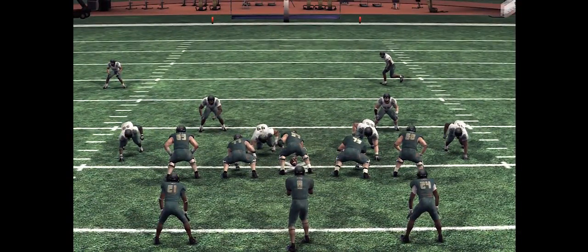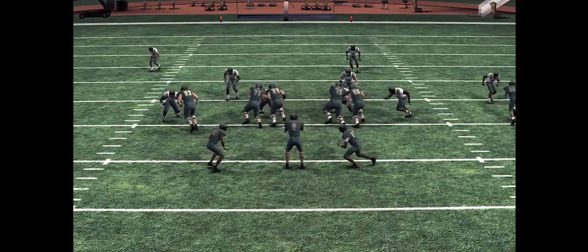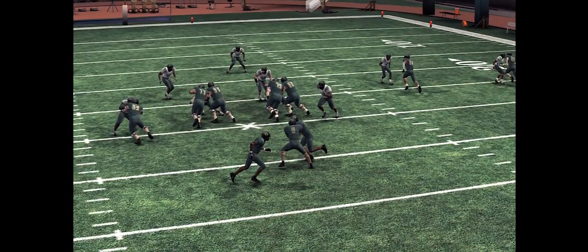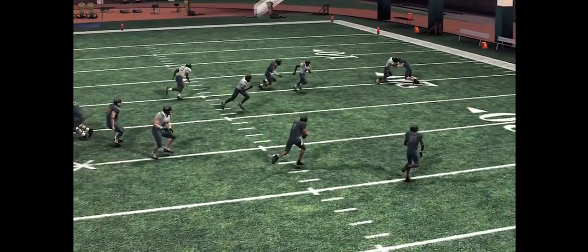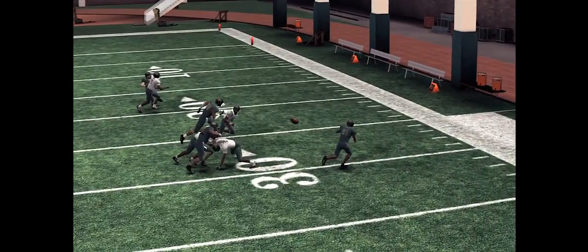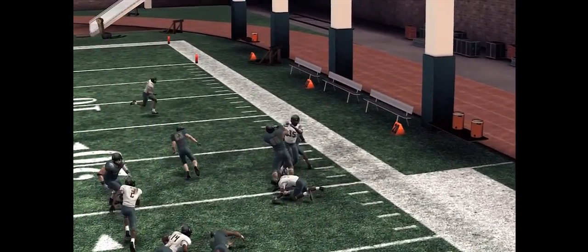Alright, in this scenario, the quarterback's going to make the same read on that defensive end to the right. But this time he's going to notice that the defensive end bites in hard. You can see him running inside. So he's going to pull the ball out, keep it himself, and run an option to the right. And he's going to wait till the last second to pitch to LaMichael James, the running back, who's going to make